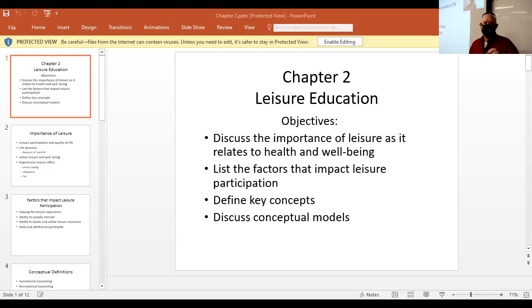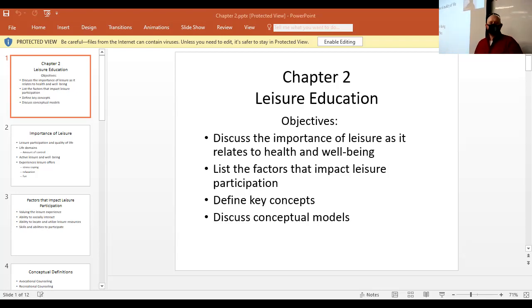Life domains, you're talking about the amount of control of the individual. How much control do they have in their own situation, in their own life? Are they in an institution, let's say? Are they able to go out and do things on their own? Do they have a driver's license? Do they have money to go out and do things? Those things are going to affect the amount of control that that individual has. So that's kind of what we're talking about there.